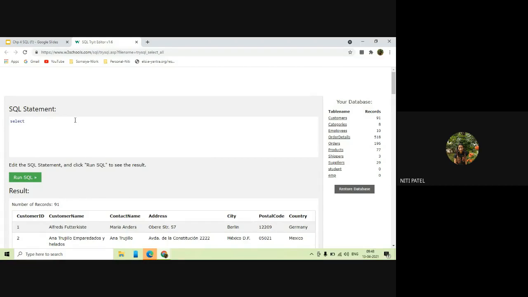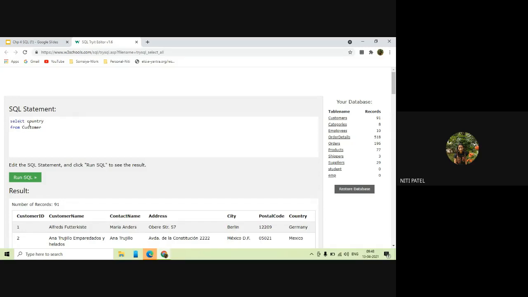Select what is to be selected? Country. So I'll write select country. Then next, from where do I have to select this? From customer. C is capital. Okay, we are not going to execute anyways. I'm just explaining to you. We will execute on our table.